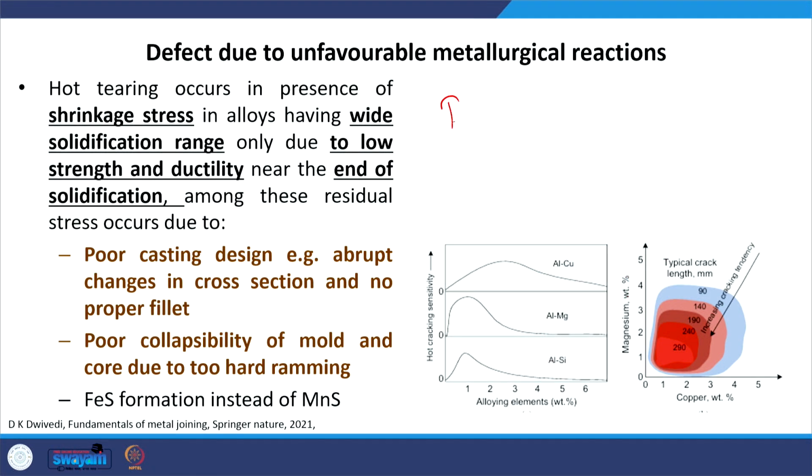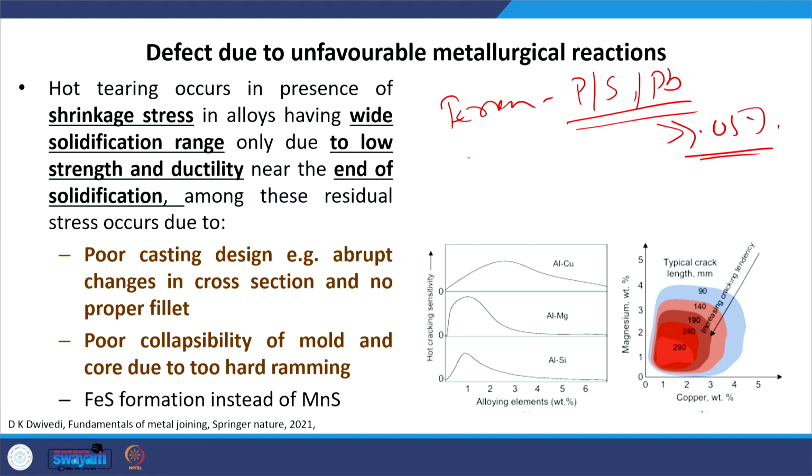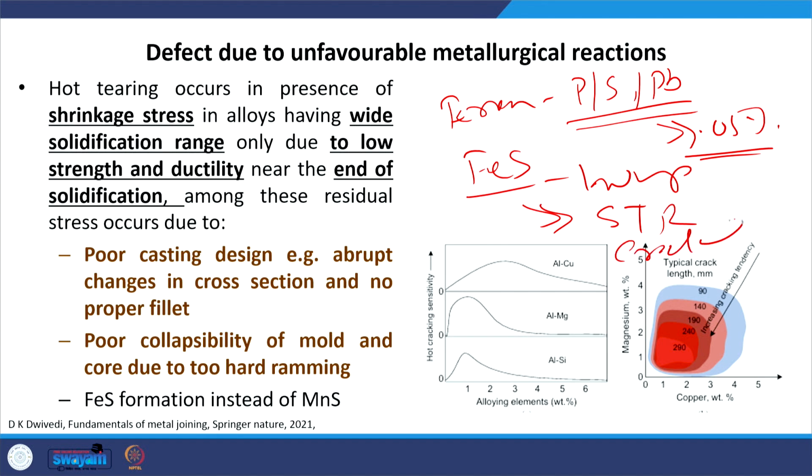If we talk of ferrous metals, impurities like phosphorus, sulfur and lead are commonly found, and if their percentage is greater than 0.05, this promotes the formation of iron sulfides having a very low melting point,